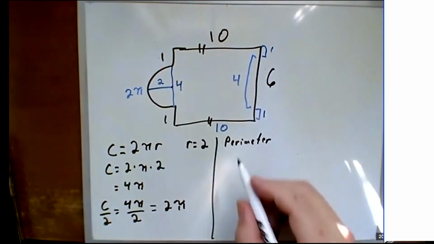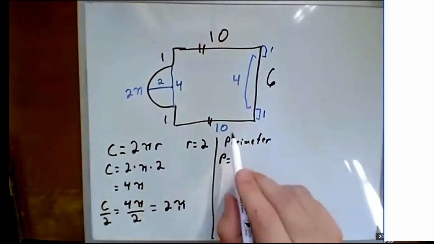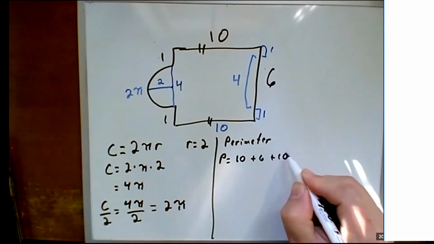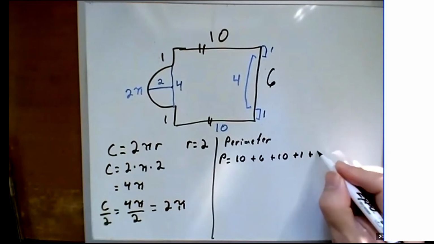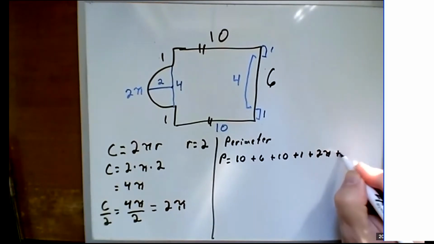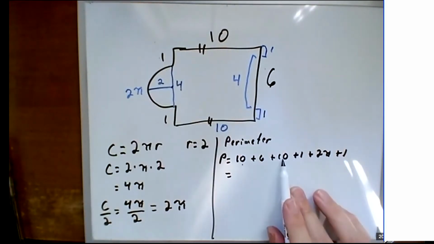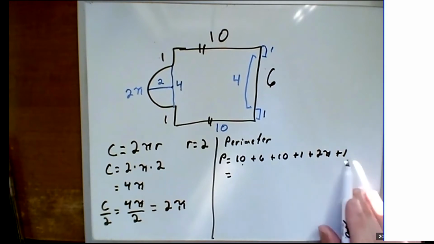We add up the numbers along the outside. So I'll start here and work my way around. 10 plus 6 plus 10 plus 1 plus 2 pi plus 1, and that gets us back to the beginning. We'll add this up. 10 plus 10 is 20, plus 6 is 26, plus 1 gets me 27, plus 1 gets me 28,